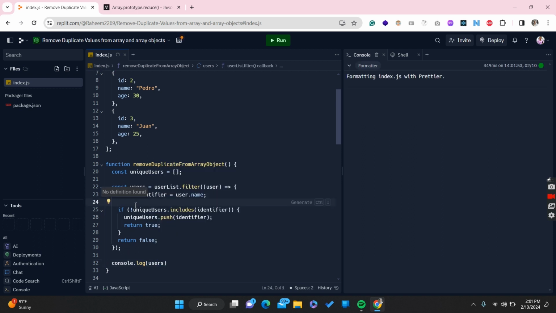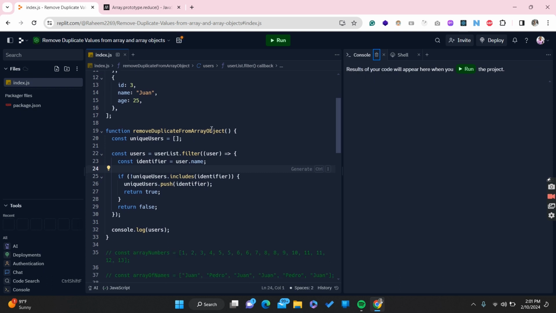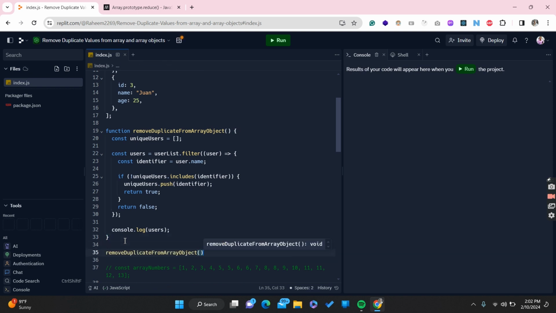Right, now let's see whether it's working. Before that I need to call this function. Now if I click run,